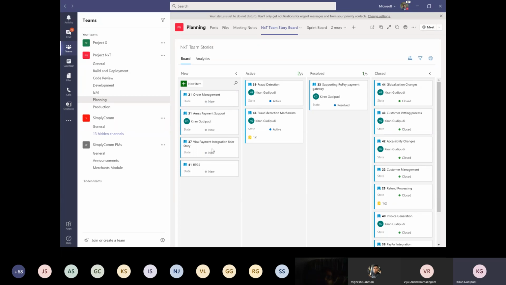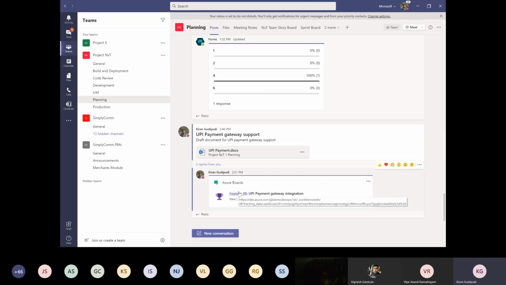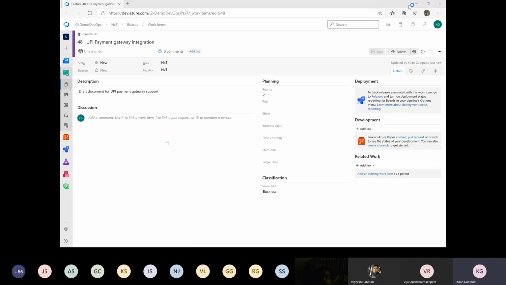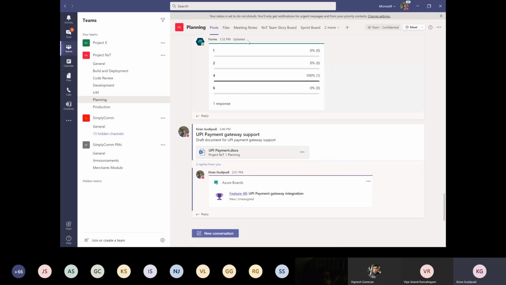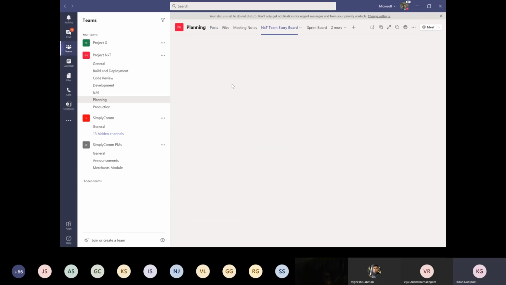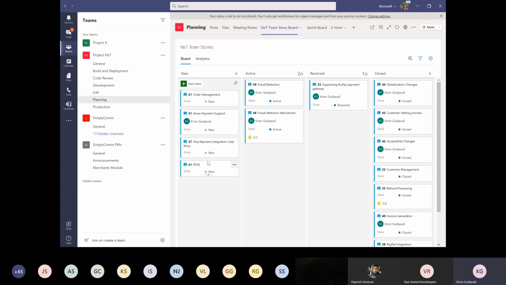As you can see here, I'm able to see different types of user stories. So for some reason, I don't see this storyboard. Okay, so this is the UPI payment gateway integration. So in the interest of time, usually it will show in the storyboard. So now once I have this in the storyboard, now I will be able to